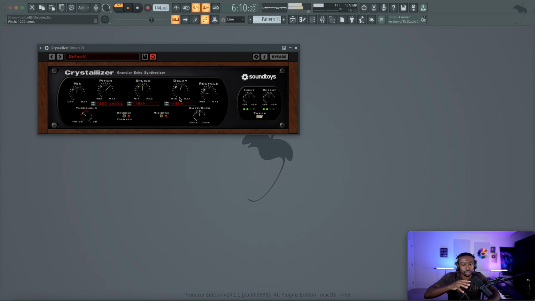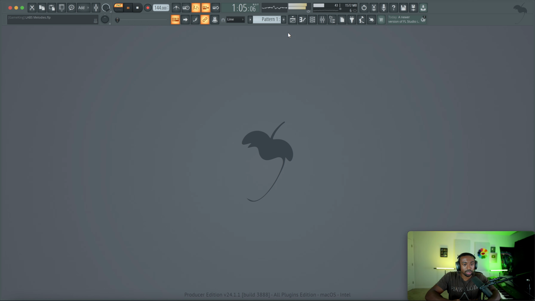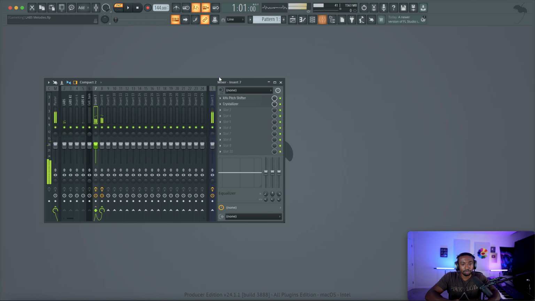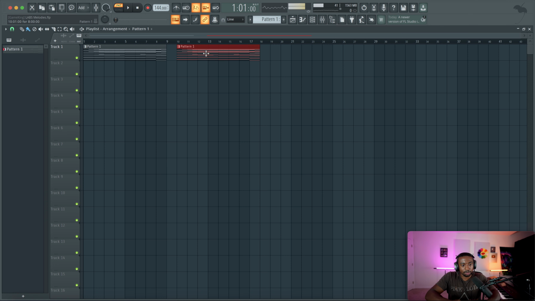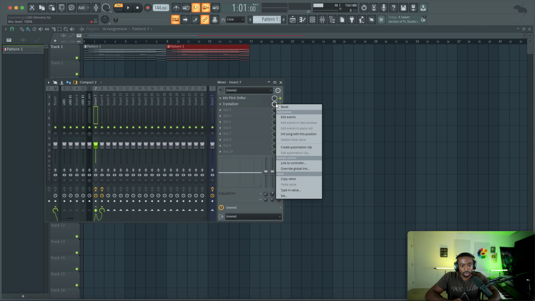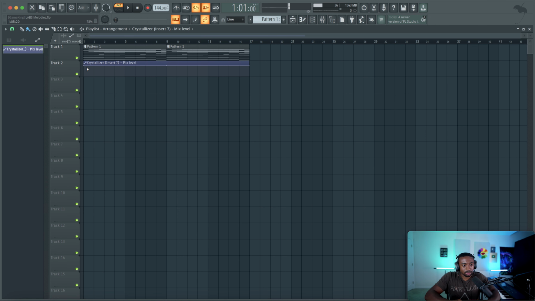This is the final touch, especially for trappy stuff. This would be the plugin for you guys. It's a paid plugin though. So let's modulate that over time so that the melody kind of evolves over time. So shout out to Soundtoys, one of my favorite mixing plugins for sound design.